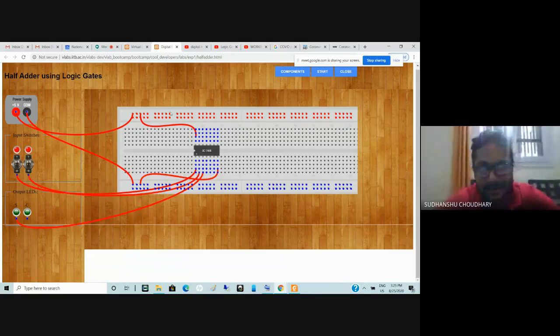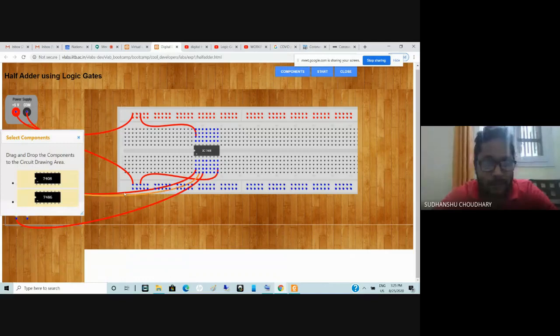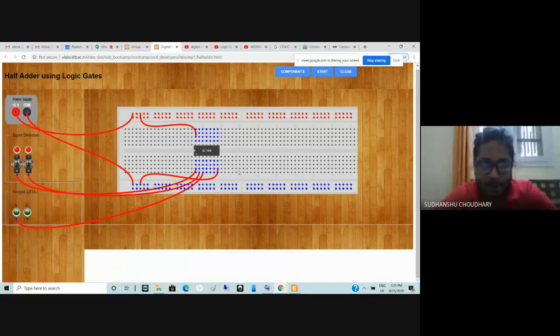But yes, the same website or same virtual lab can be utilized to implement a full adder. The only thing is that you need to connect the 2 ICs, that is 7408 and 7486, which is having AND gates and OR gates, to represent a full adder. Right?